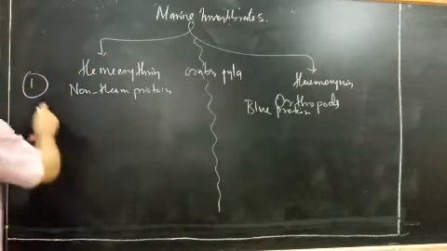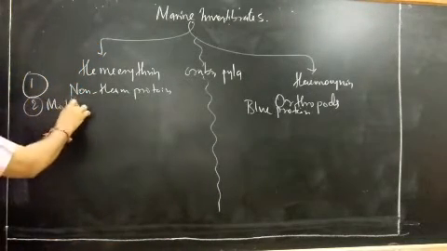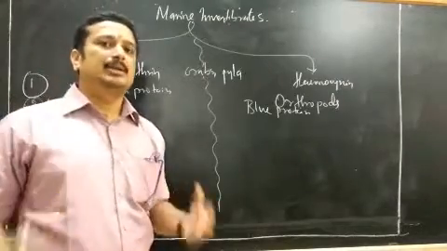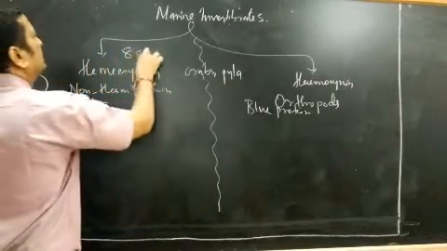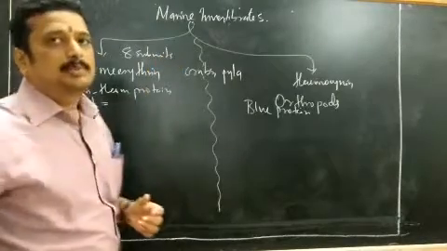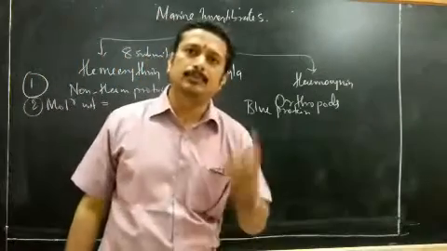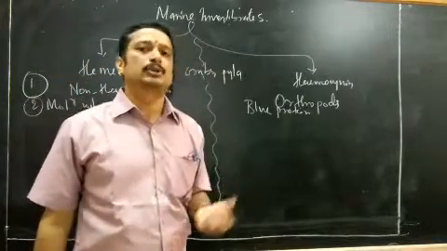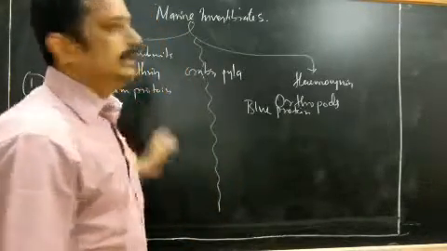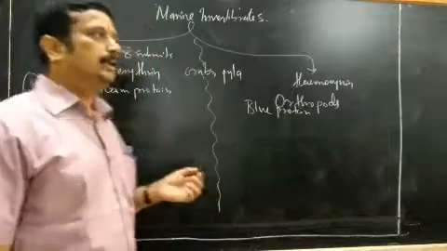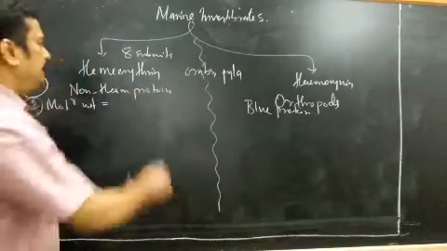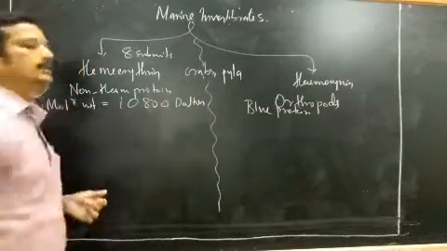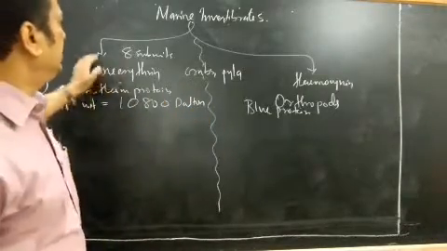The second thing is molecular weight. If you observe hemerythrin, it is made up of 8 subunits, 8 polypeptide chains. Hemoglobin, as we have seen, is made up of 4 subunits, 4 polypeptide chains, and that's why its molecular weight is 64,700 Dalton. Here it is a little bit more, 8 subunits, so its molecular weight is around 1,08,000.